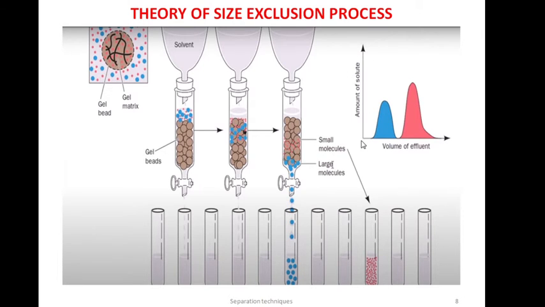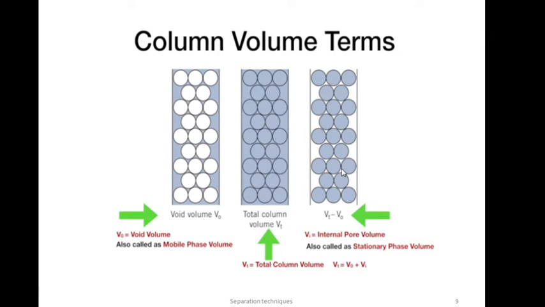Initially there is nothing coming out, so you'll have a flat line. Later on this compound comes out, and corresponding to how much amount it is, you'll have one peak. Then there is nothing, so it flattens, and then you have the smallest one which is going to come out like this. So this is how your separation is going to occur. Let us look into the theory of this.